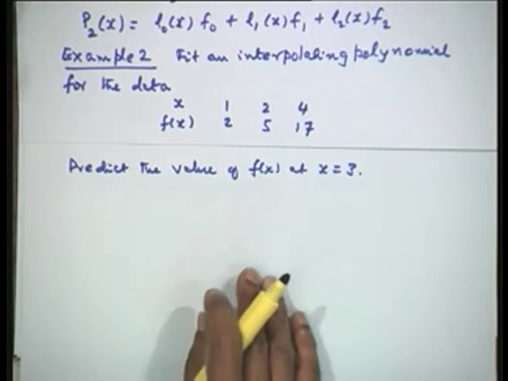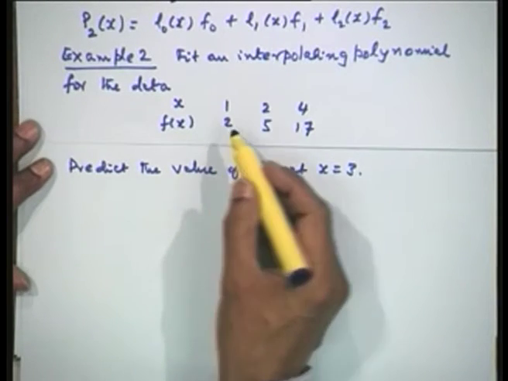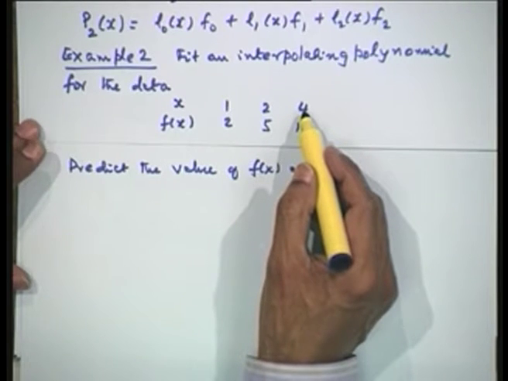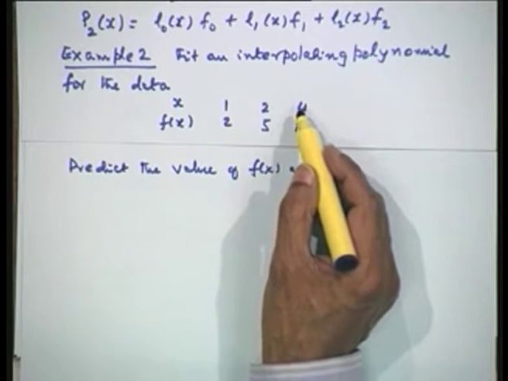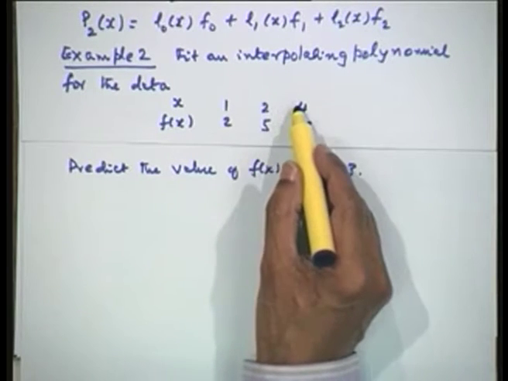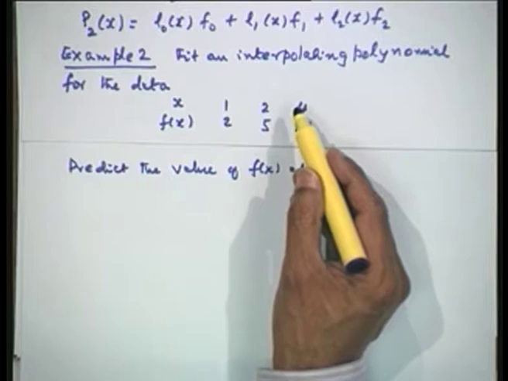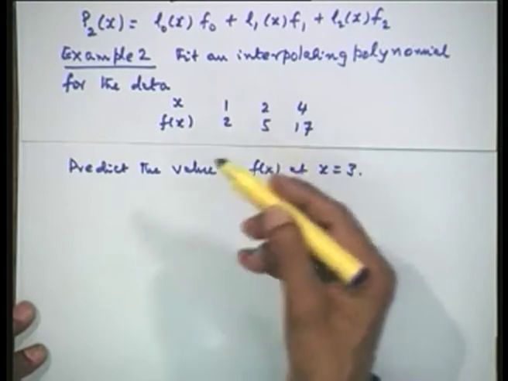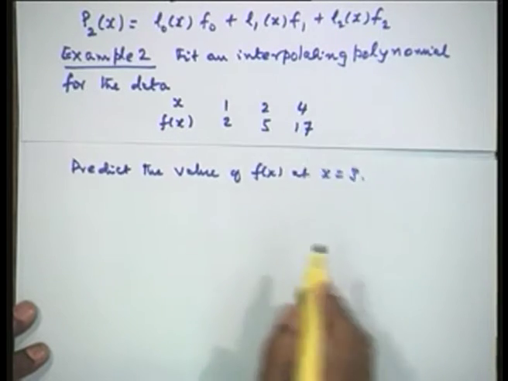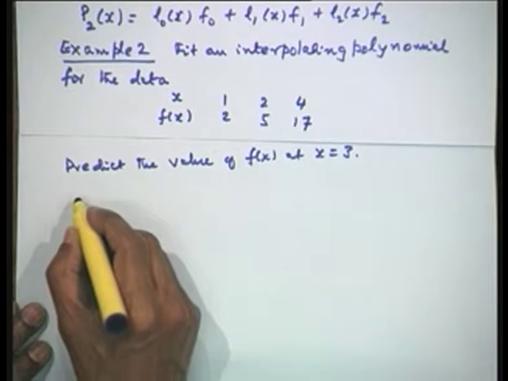Now, what is very important to note here is these data points are arbitrary data points. That means, they are not having any particular step length or anything. You can see the distance between these two is 1, the distance between these two is 2. So, these are really a random set of points. You can particularize to the case of when you have equispaced data, but otherwise this is arbitrary data. So, let us write down the fundamental polynomials.